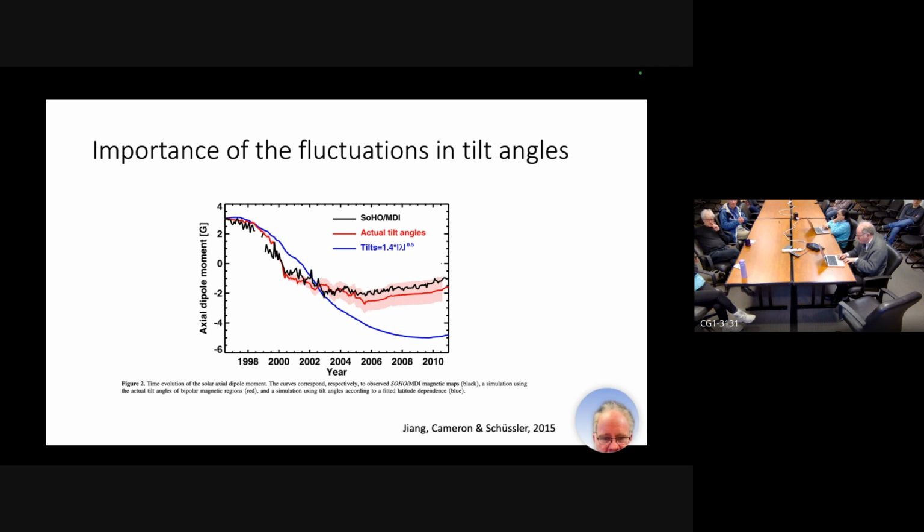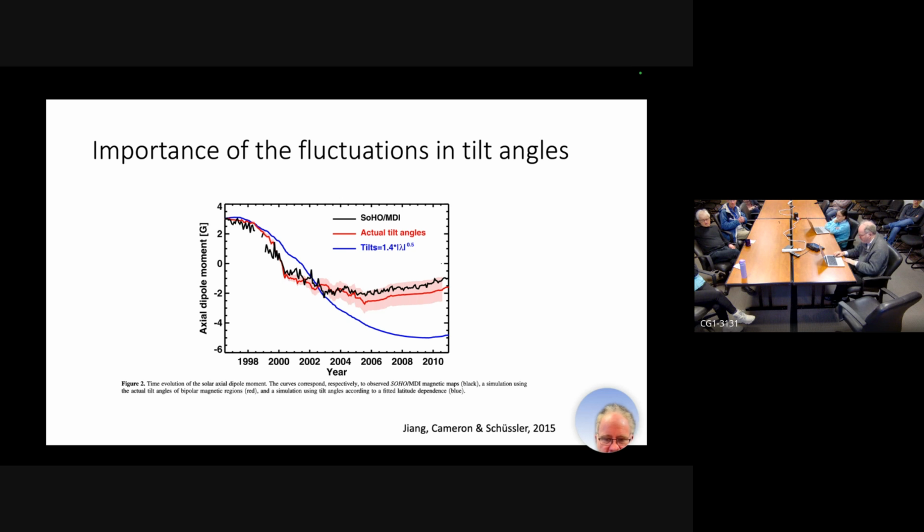And the reason is that by this random buffeting of the active regions, the tilt angles during this cycle, or at least their contribution to the change in polarities, net flux between each hemisphere, was overestimated if you use a simple Joy's law. If we use the actual tilt, then Joy's law with the observed tilts nicely reproduces the observed change in flux